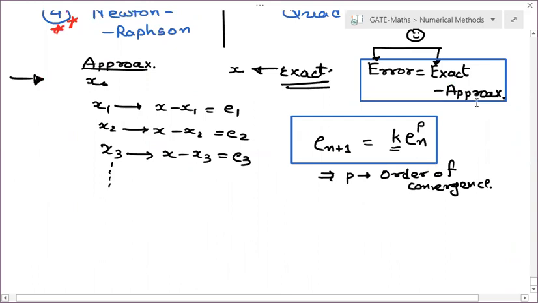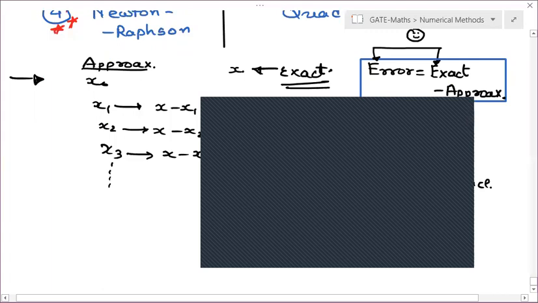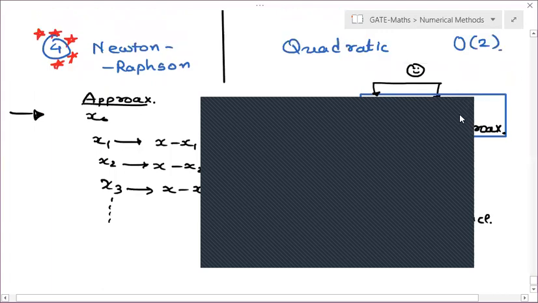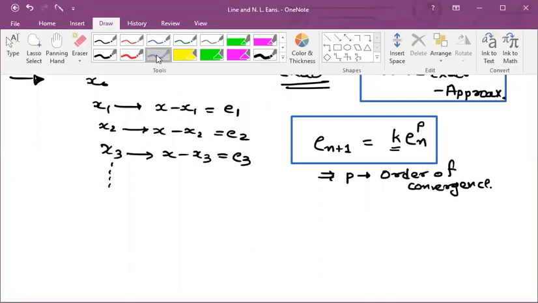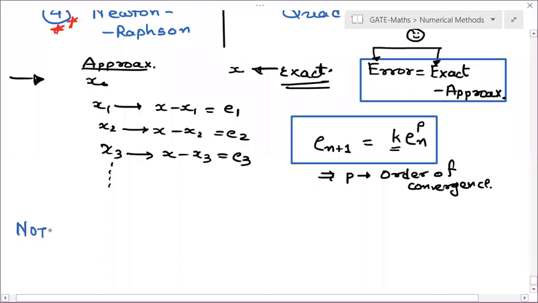Now, one more note about Newton-Raphson method is that it takes the least number of iterations if the curve has a larger slope value. If your function's slope value is larger, that is f dash x has a higher value, then it will take the least number of iterations. That is, while the graph is crossing the x-axis, if it is nearly vertical, then this method takes the least number of iterations. Okay. So you can write that note. Let me give you that note separately. So, note for Newton-Raphson method.